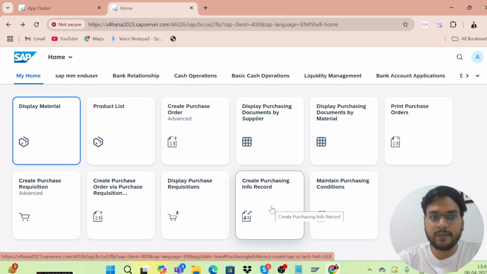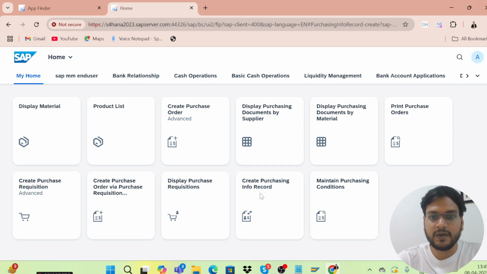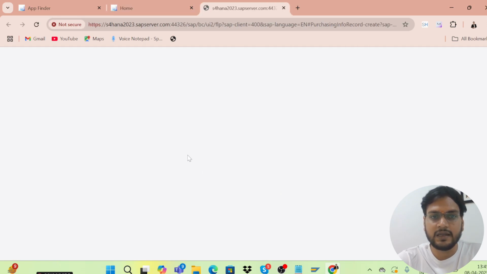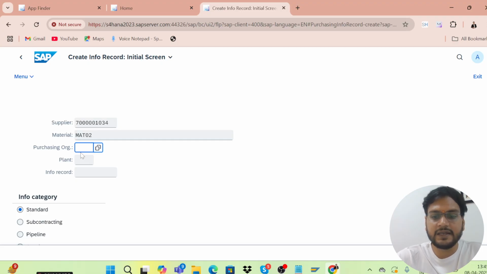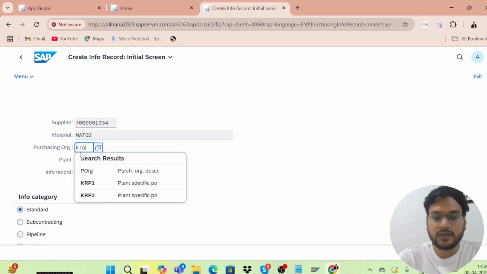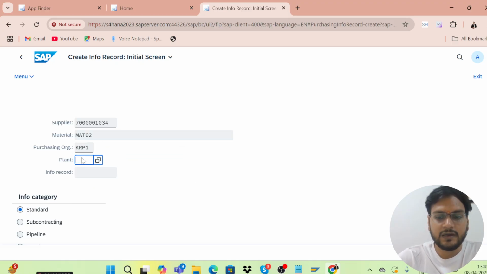If I want to create a purchase info record, I will just simply go to that related tile, and I will simply mention all these details like supplier number, material, purchase org, whatever it is, plant.